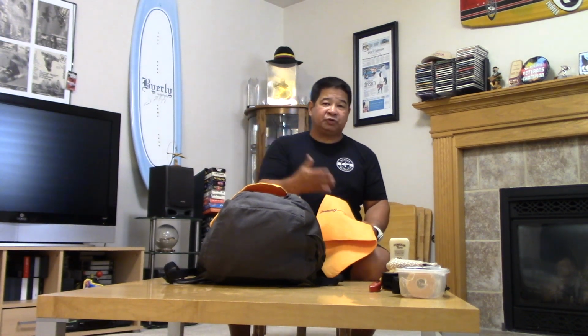Also, I carry a couple of ShamWows, you know, the popular infomercial. I use these to wipe my body and my clothes because they soak up a lot of water. And again, you can wring them out and keep using them for every rider that's getting into the boat, and they can keep their towels dry and save that for later. Maybe use it on their drive home and put it on their seats versus putting a wet towel down,